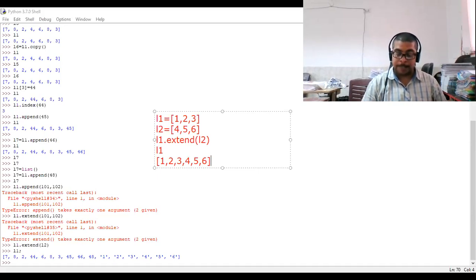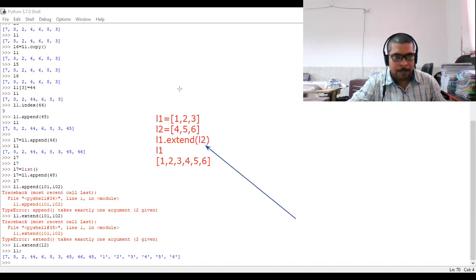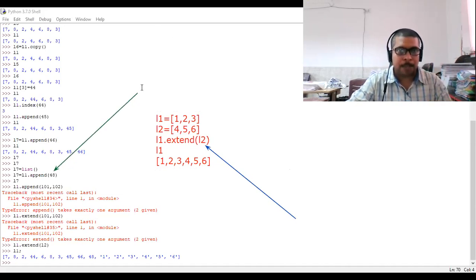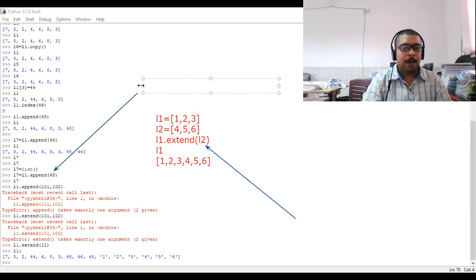While append function adds the element to a list, extend can add multiple elements from a list supplied as argument. एक्सटेंड में हम जब भी यूज करेंगे, पैरामीटर पास करेंगे, वो लिस्ट का पास करेंगे। ये ध्यान देने का बात है। ठीक है, ध्यान देने का बात है कि यहाँ पर हम क्या पास किए हैं, और दूसरा ध्यान देने का बात है जिसको हम ग्रीन एरो से हम डिनोट कर रहे हैं, कि हम यहाँ पर क्या पास कर रहे हैं। तो इस जगह पर हम जो पास कर रहे हैं,